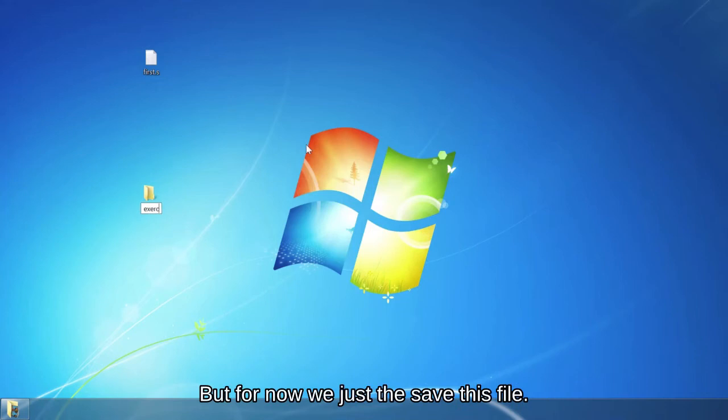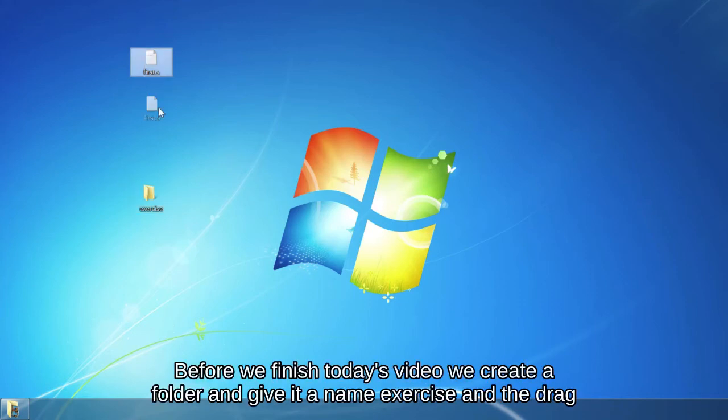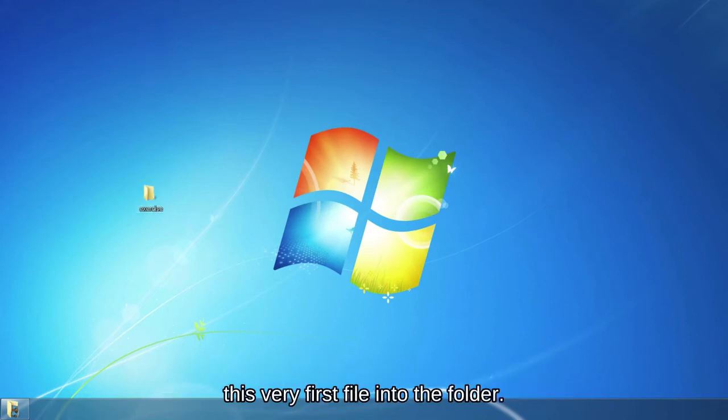But for now, we just save this file. Before we finish today's video, we create a folder and give it the name exercise and drag this very first